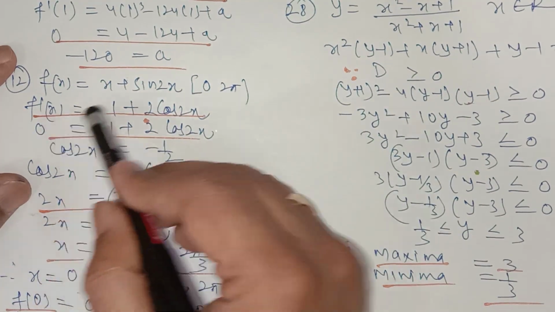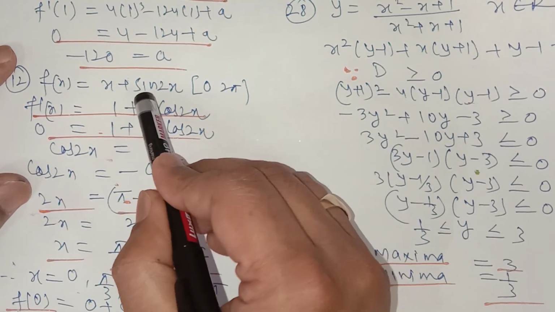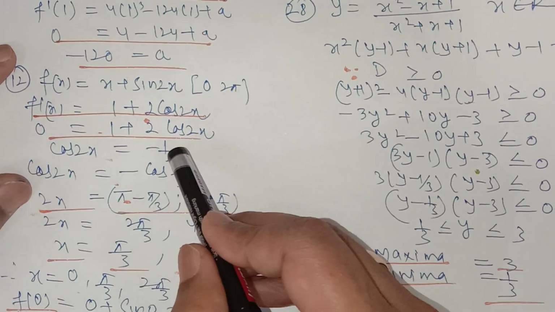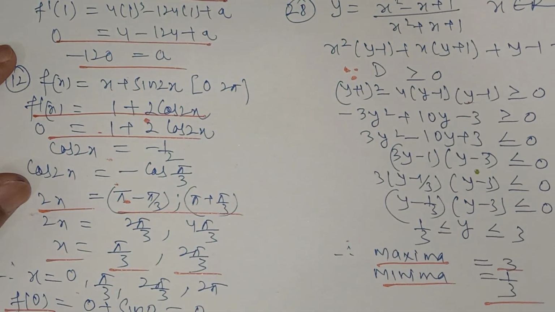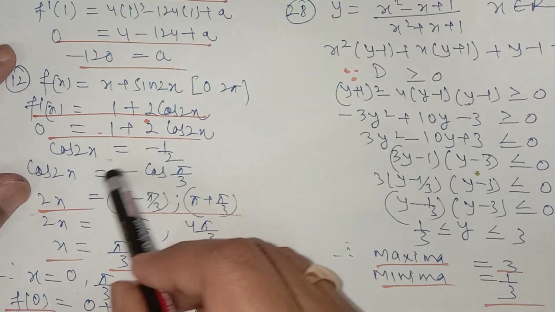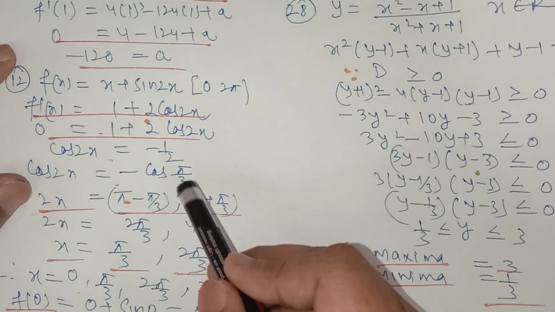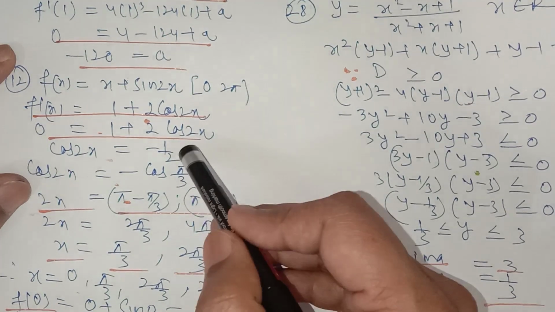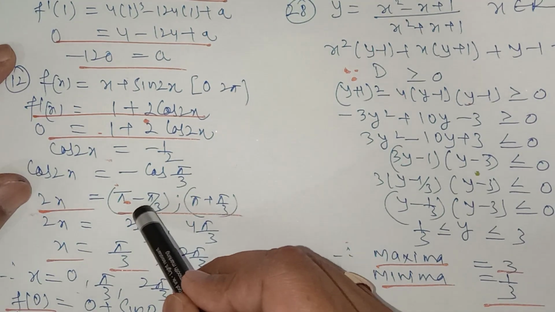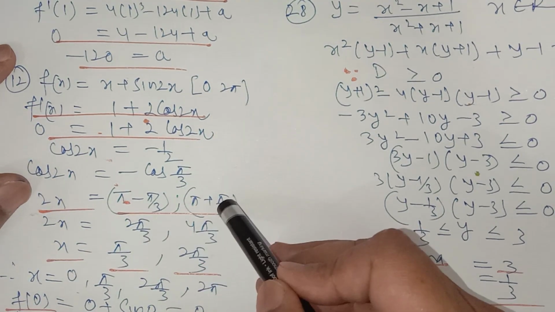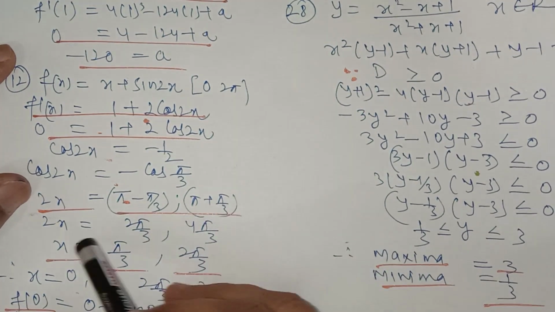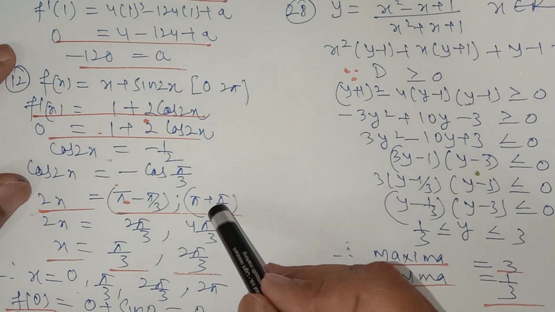So find its first derivative, which is 1 plus 2 cos 2x. Put it equal to 0, and you get cos 2x equal to minus half. Find these angles very carefully, because cos is negative in the second and the third quadrant. So minus half means minus cos pi by 3, since cos 60 is equal to half. To arrange this negative sign, convert this angle pi by 3 into the second quadrant, which is obtained by 180 minus pi by 3, and the third by pi plus pi by 3. So 2 pi by 3 and 4 pi by 3 is equal to 2x, then x will be equal to pi by 3 and 2 pi by 3.